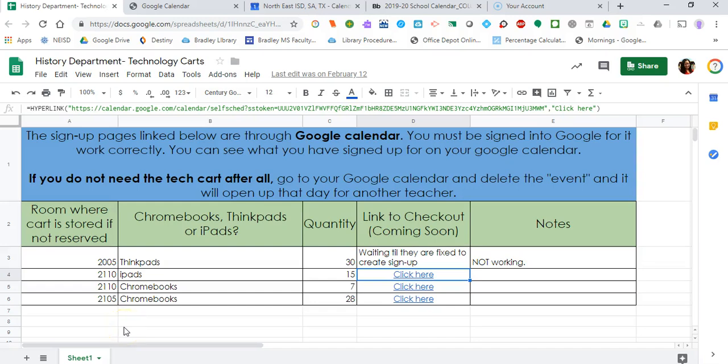Hello, this is a how-to for creating Google appointment calendars for a sign-up. So for example, the history department has these 4 carts that they want to share. What's going to happen is when you open up these links over here, it's going to go to the